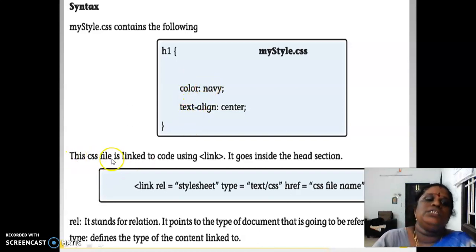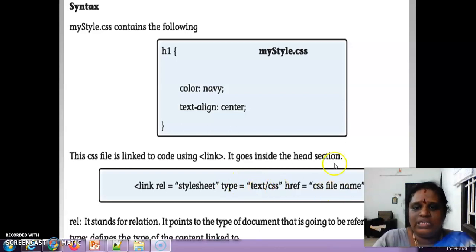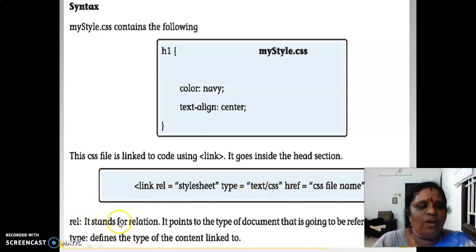This CSS file is linked to the code using the link tag: link, rel, stylesheet, type, text/css, href, and your CSS file name and address will be given here. REL stands for relation. It points to the type of the document that is going to be referenced. Type is whether text file or CSS file.